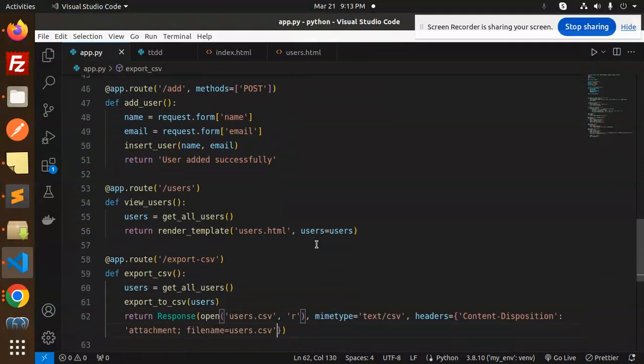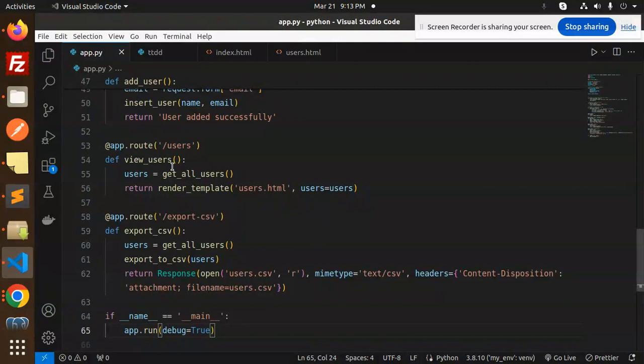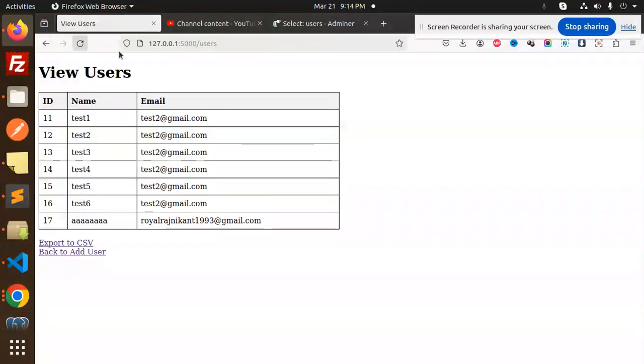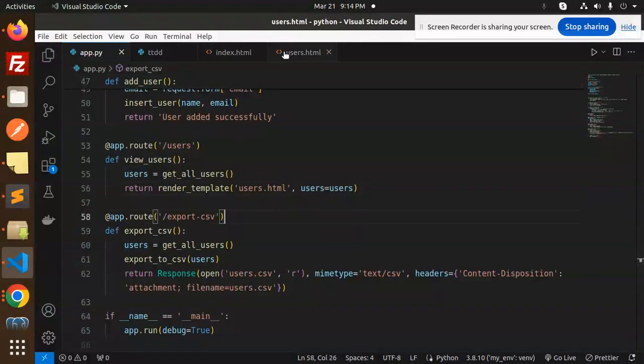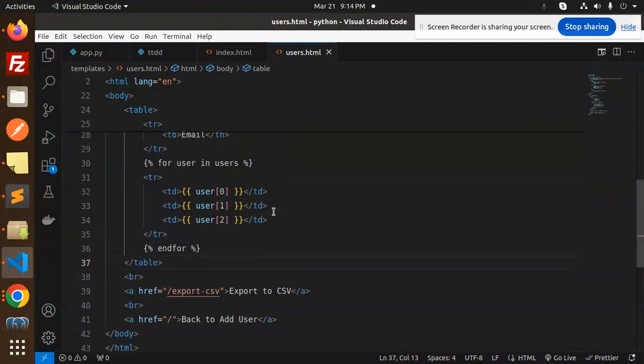Then we have the slash users part, where we first fetch all the users, then send the data to the users template. If I go here, you can see that we have a users template where we have all the records of the database fetched already, right? In the users table, we are doing the looping part. So a for loop over the users, and for each record showing the data with 0, 1 and 2, that is ID, name and email,